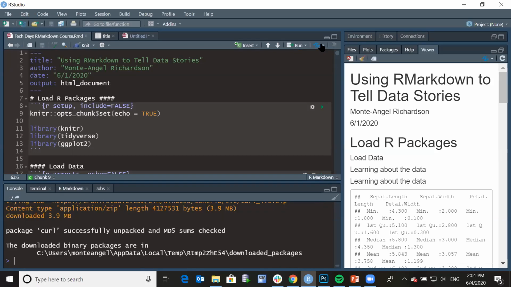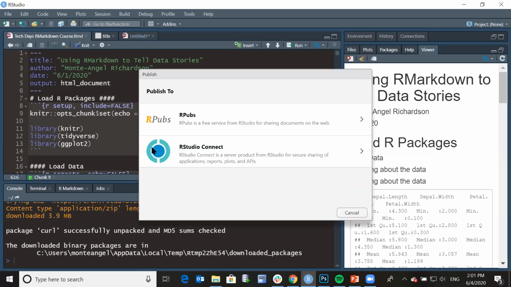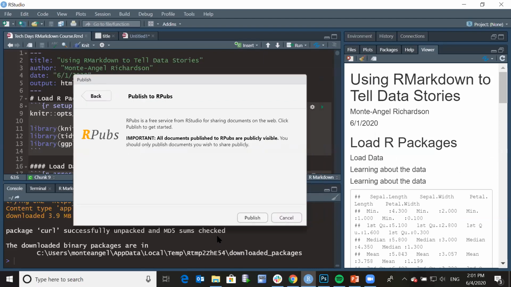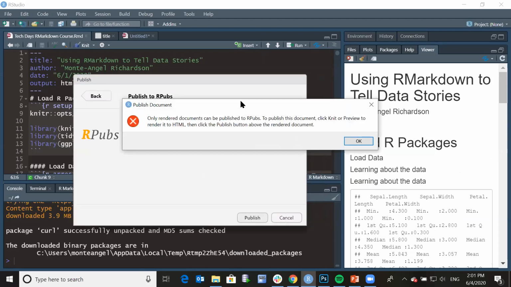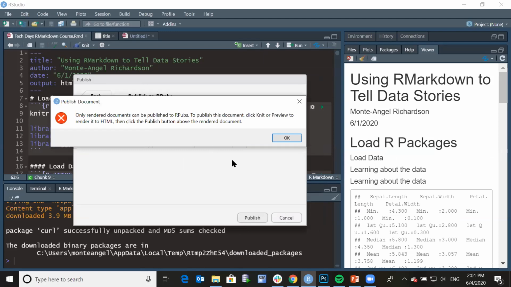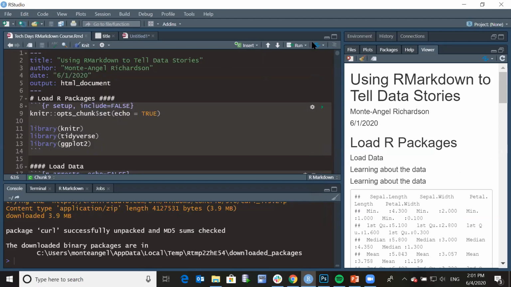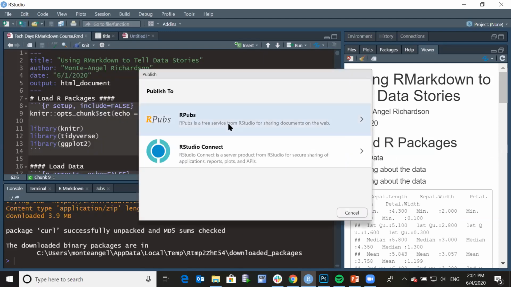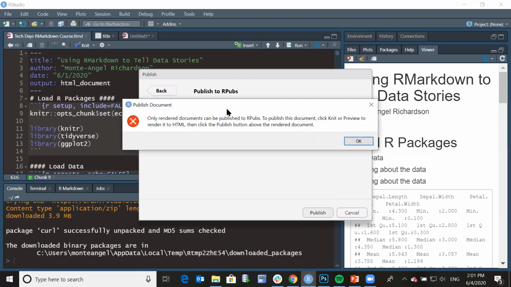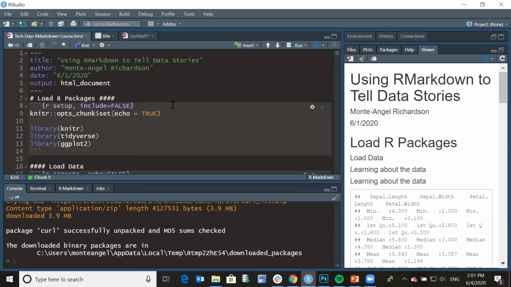Cool. Same thing. Go here. Publish. Click knit or preview, then click the publish button above. Render document. I did that. So it looks like I'm having some problems rendering, of course. I have to find out why